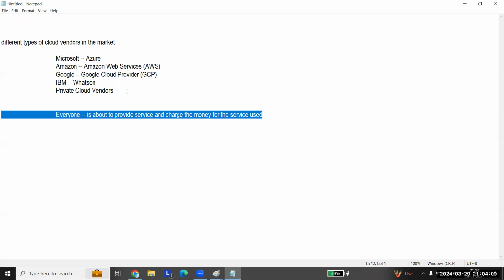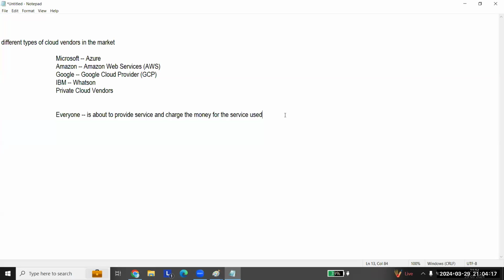So everyone provides the service for you, right? Best example: assume you have a car, and you want to travel from home to office.